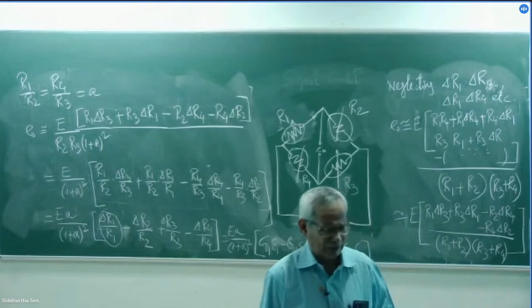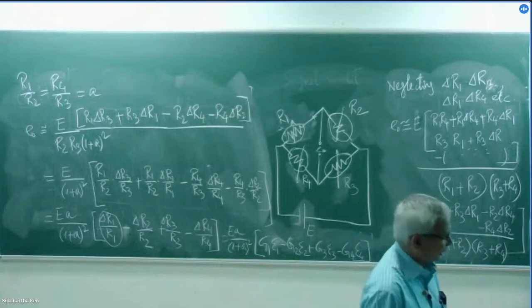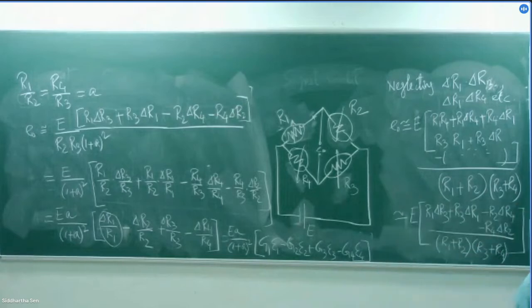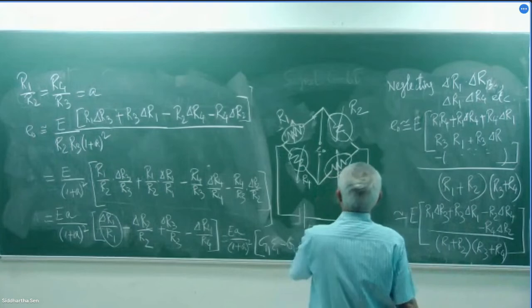It is not a very big, objectionable approximation. We can find it out nicely using this formula. We will discuss the problems afterwards, but what is more important, we will take up next, that is